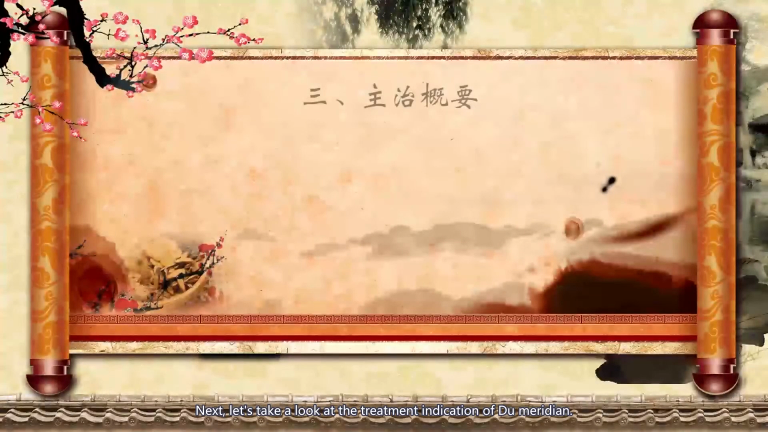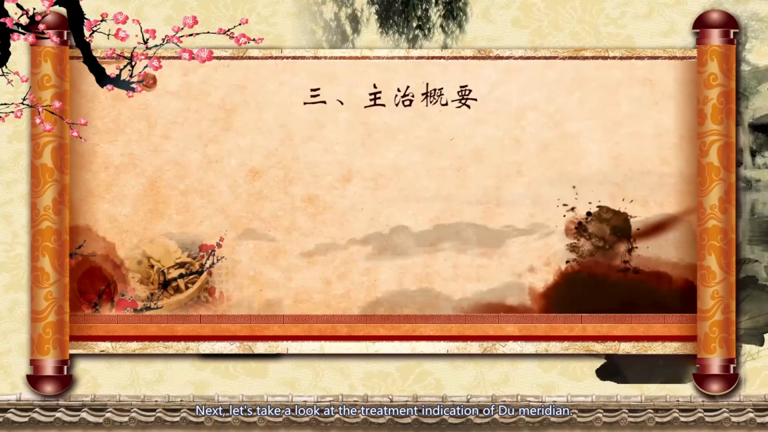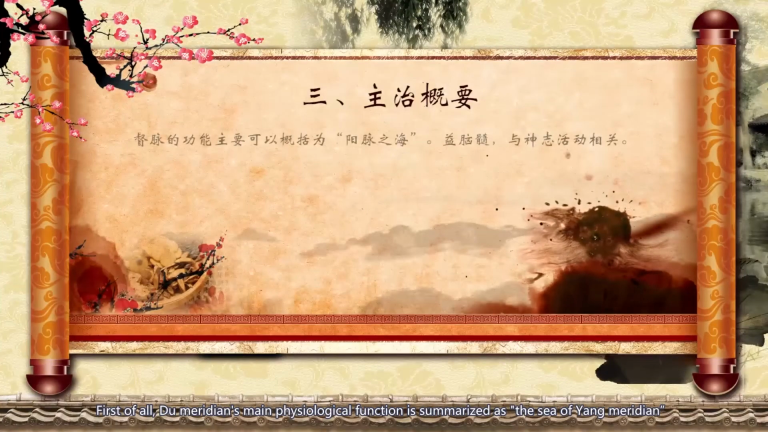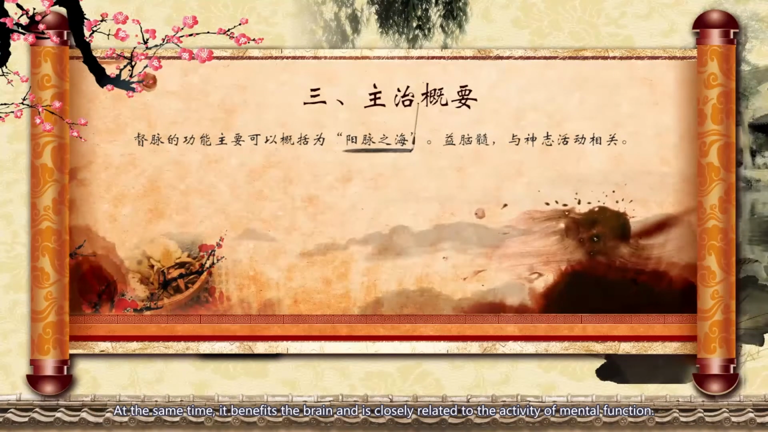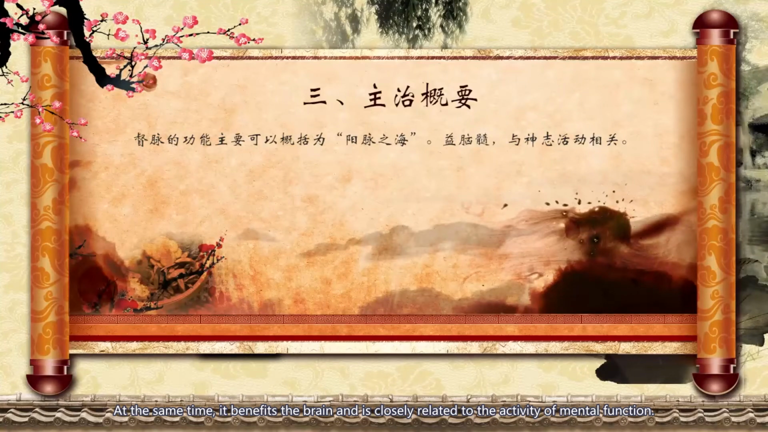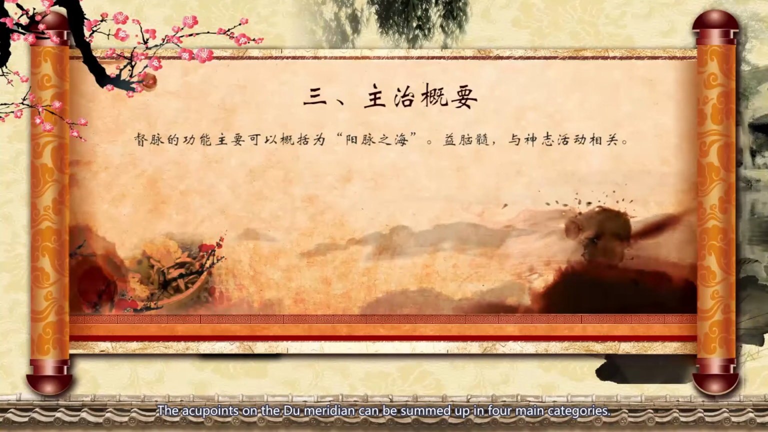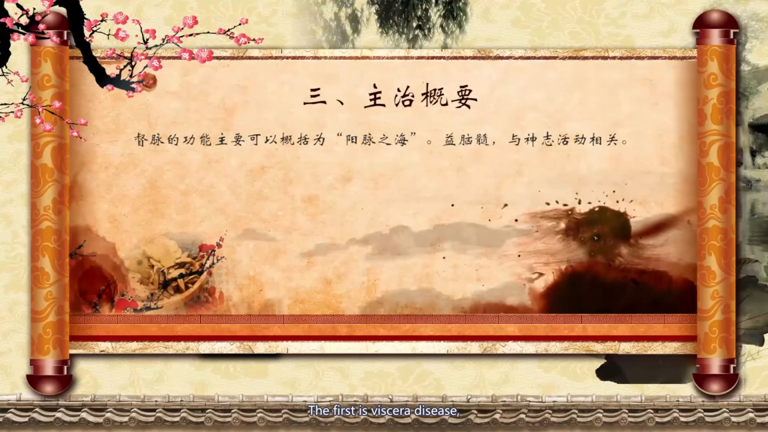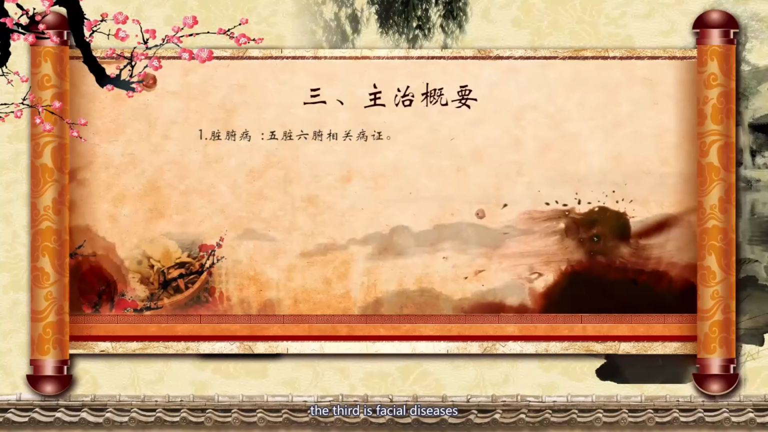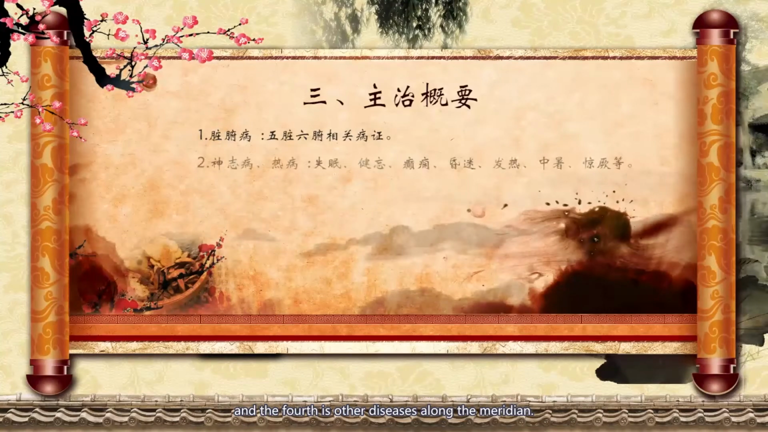Next, let's take a look at the treatment indications of Du Meridian. First of all, Du Meridian's main physiological function is summarized as the governor of the yang meridians. At the same time, it benefits the brain and is closely related to the activity of mental function. The acupoints on Du Meridian can be summed up in 4 main categories. The first is visceral disease, the second is mental illness, the third is facial diseases, and the fourth is other